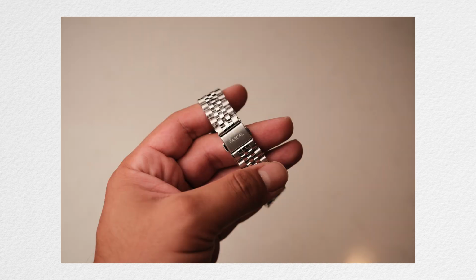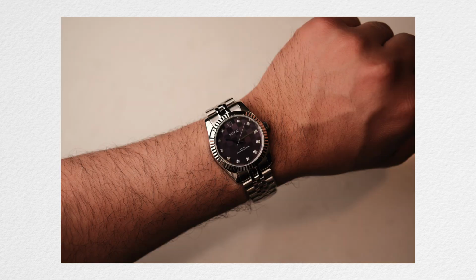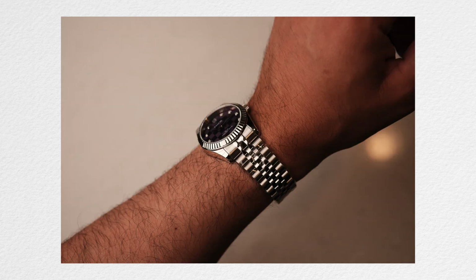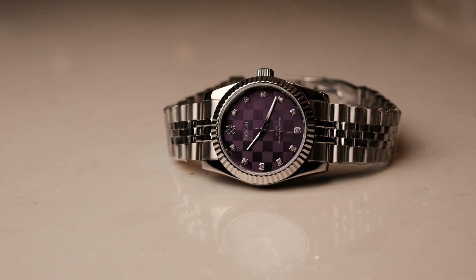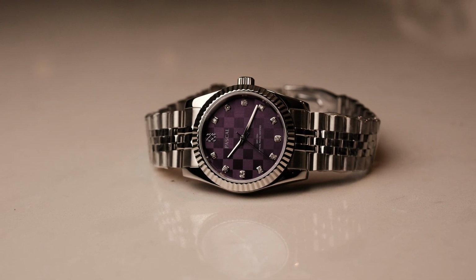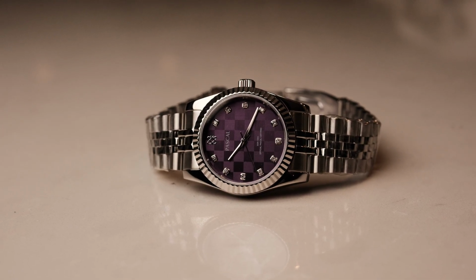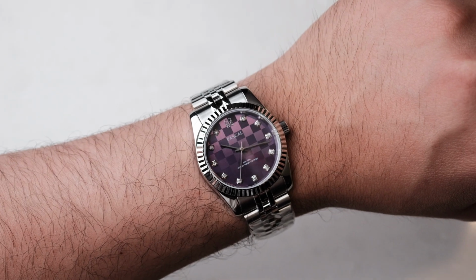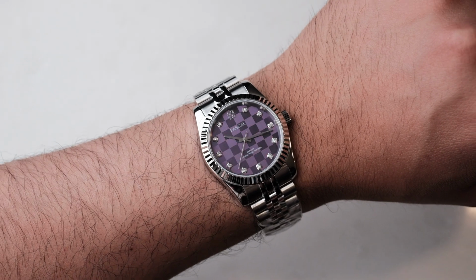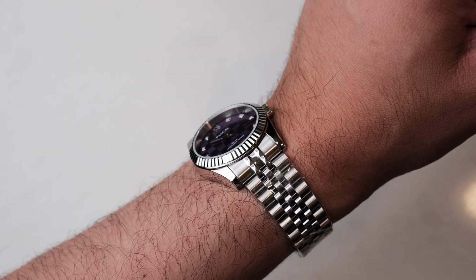I'll be focusing on the 36 millimeter today, but just going through the specs of the diamonds, you're getting a 0.15 carat, and these are lab-grown diamonds, so they're ethically made, or as they say, ethically sourced. We've got a Swiss quartz. It doesn't particularly say which kind of movement, but in other models I saw, it was a Ronda movement, so I would assume it's also a quartz Ronda. This particular 36 millimeter is a 45.5 millimeter lug to lug, so that again, unisex size, fits nicely within the wrist